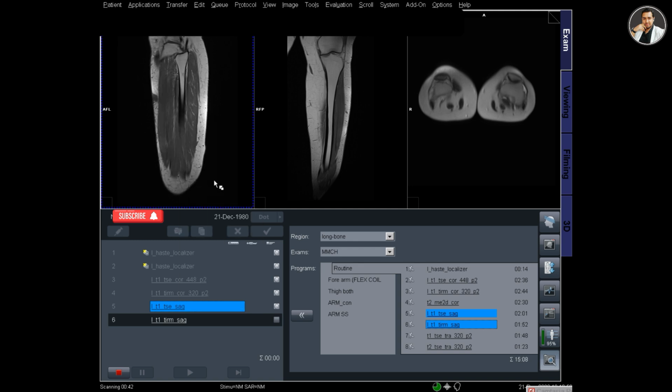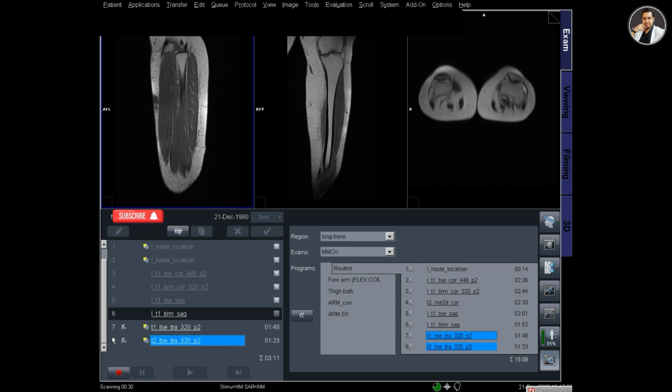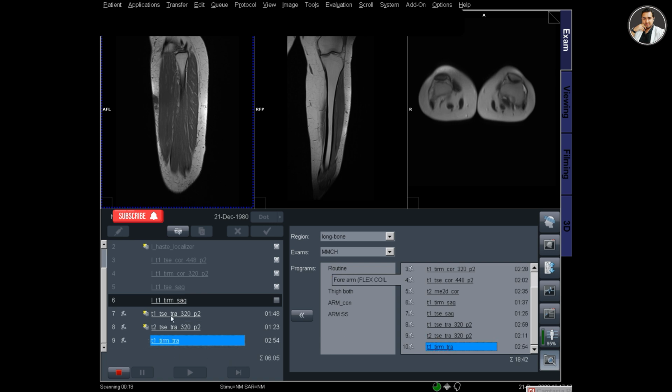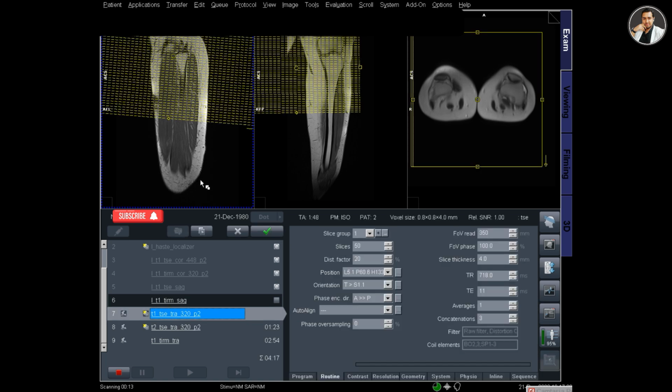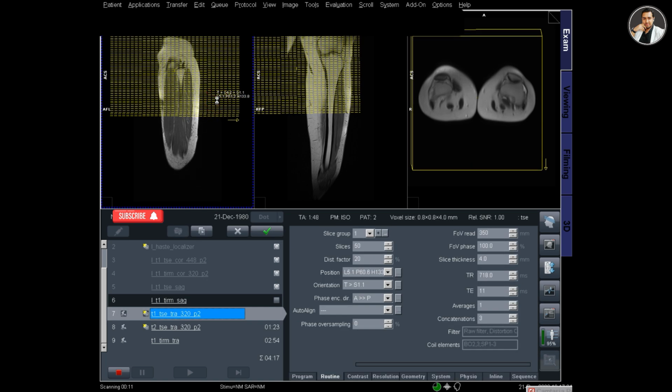So select series, and now I am selecting the T1 transverse and T2 transverse, and also a T1 TIRM tra. So I will take three transverse sequences, and now start planning. To plan the transverse images,